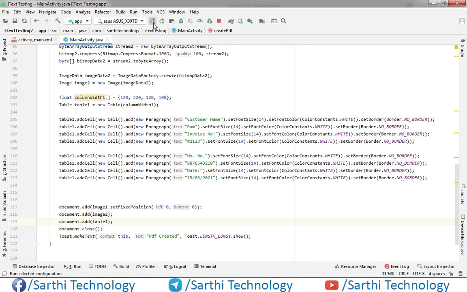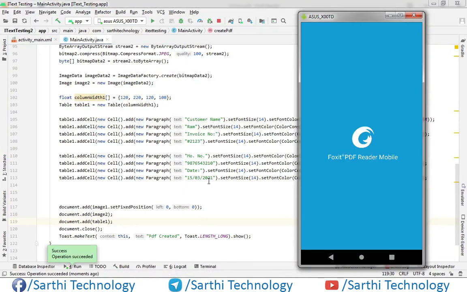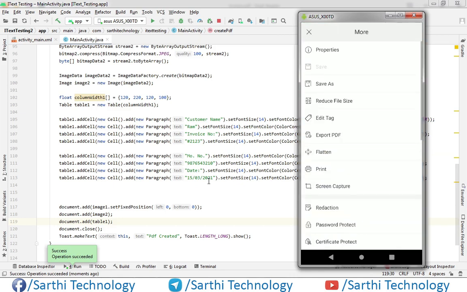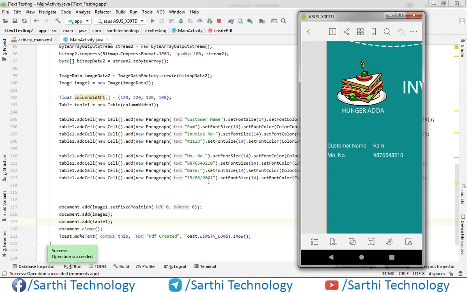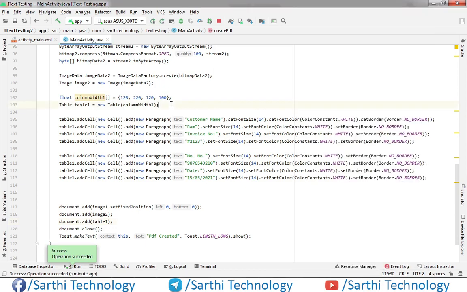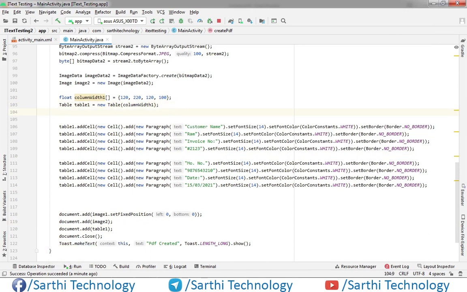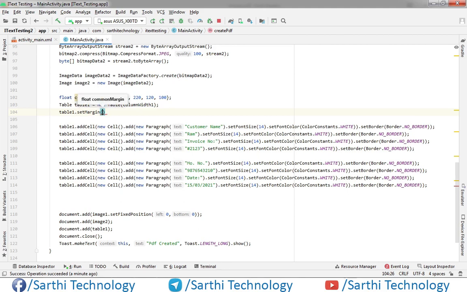And run. Here one thing you can see, it is starting from left, so we need to add some margin. So what we will do here, column width 1, and then we will use table 1 dot set margin, and for example we will put 20.